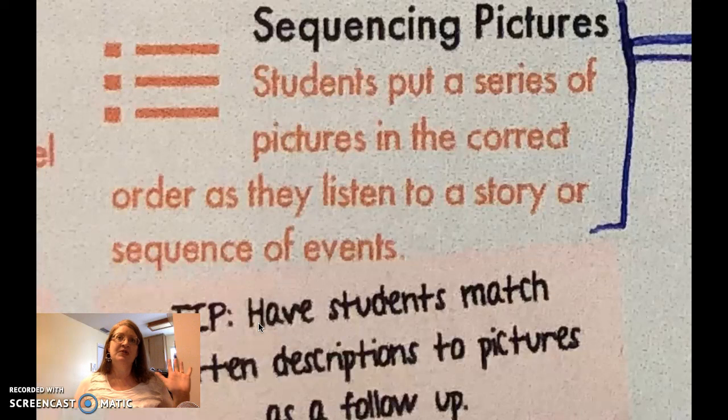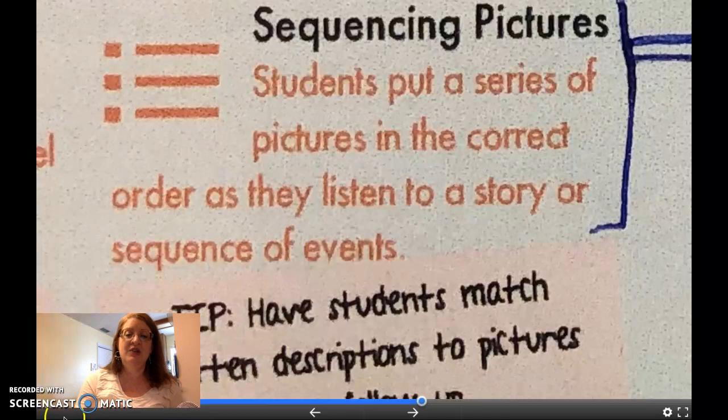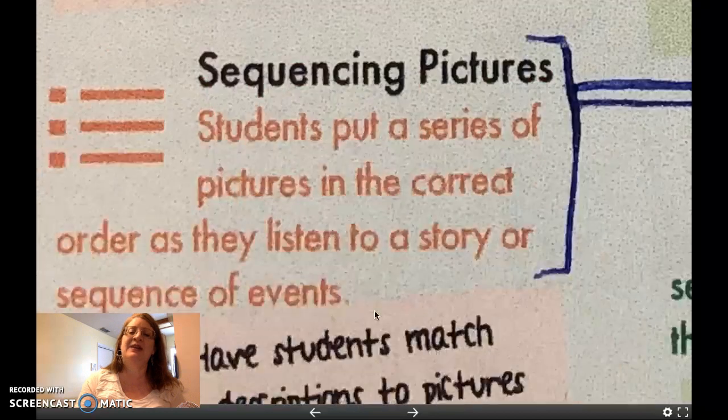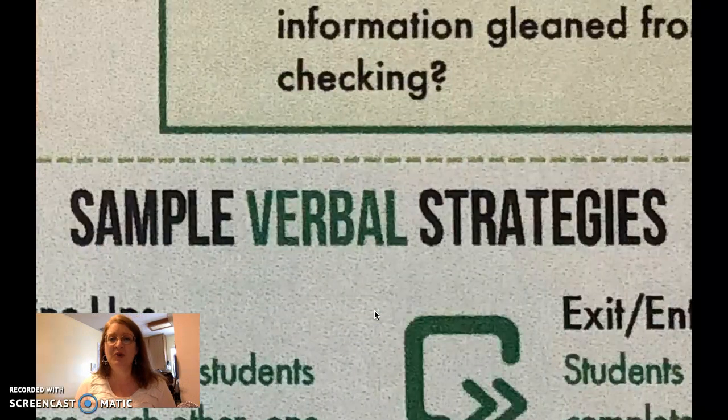Or you could also put pictures up on a wall and give students other pictures and ask them to categorize themselves. For example, fruits and vegetables, and have them move to the correct picture, which would be a type of sequencing pictures. You see here that they can do written descriptions. We're going to talk about that in a minute,